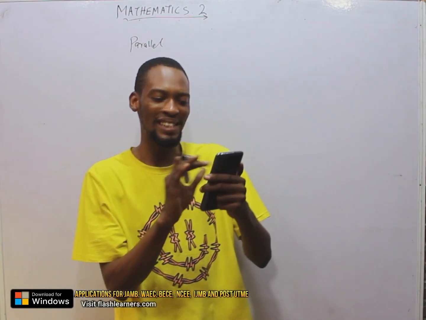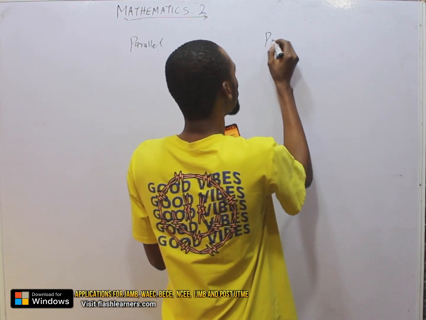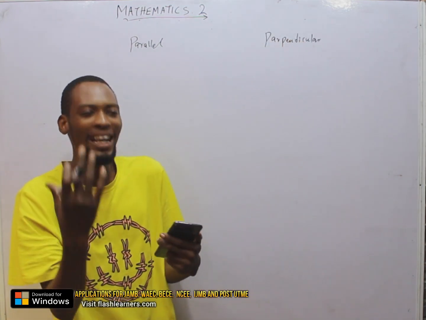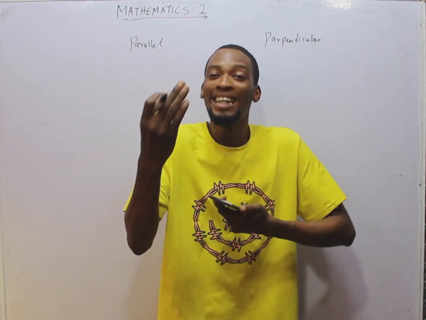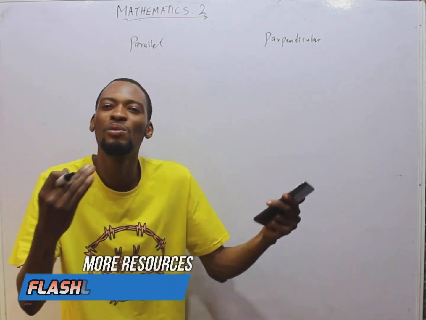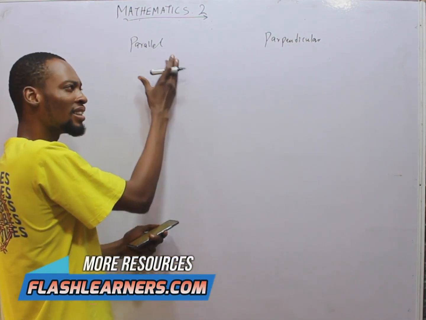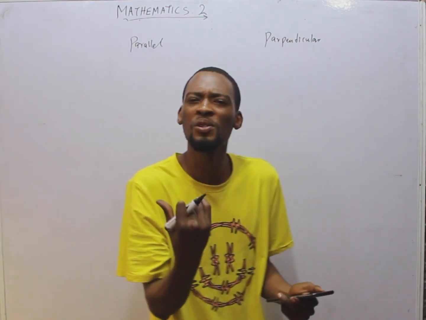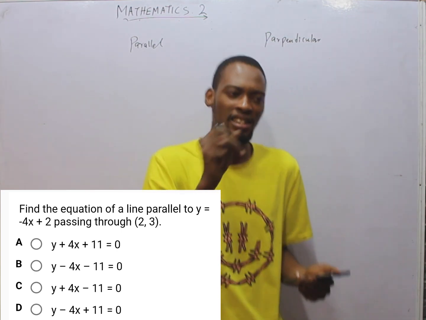Looking for equations of line can be parallel or perpendicular. Perpendicular lines are also referred to as orthogonal lines, so you can say orthogonality or perpendicularity. Now, what does it mean for lines to be parallel? And what does it mean for equations of line to be perpendicular? It depends on the gradient.